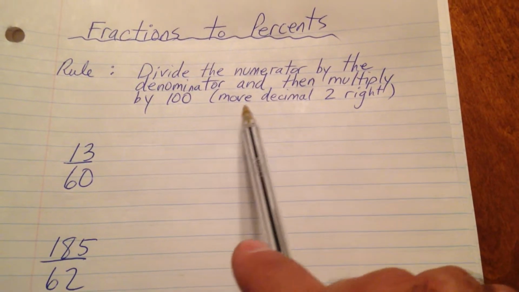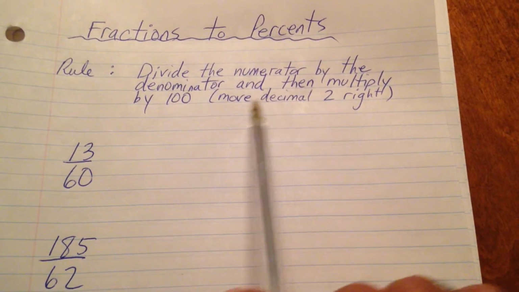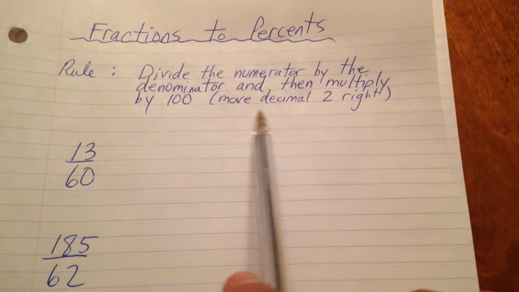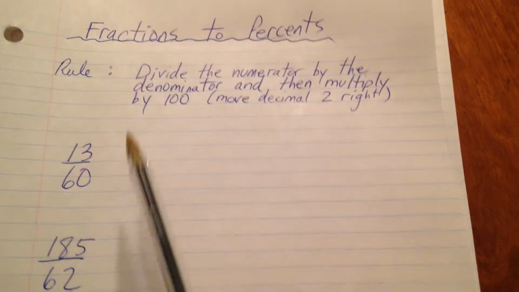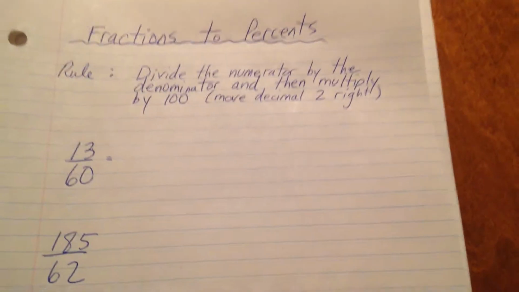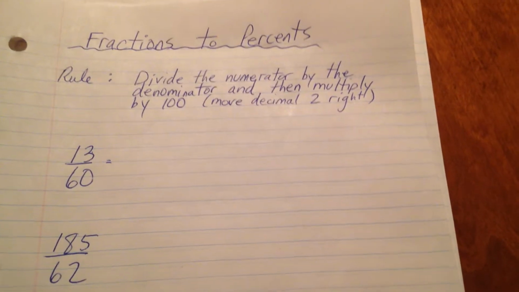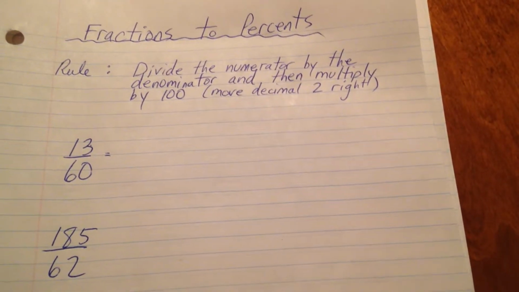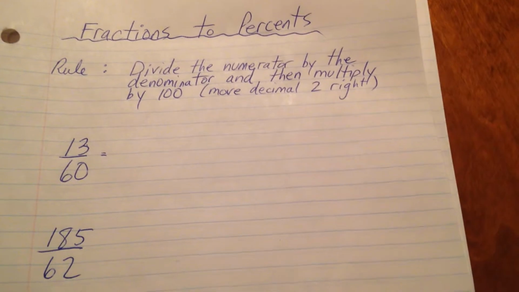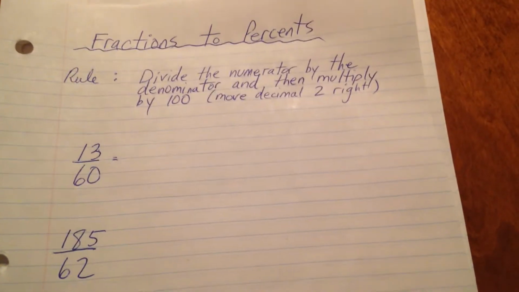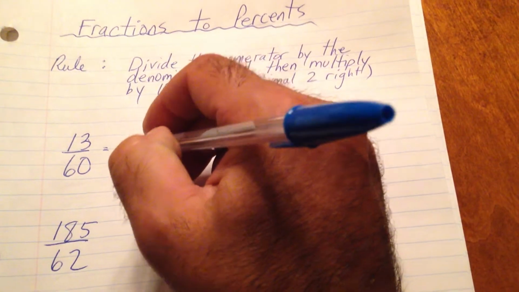And from the previous lesson, you know there's a shortcut. Instead of multiplying by 100 on a calculator, you just simply, with your eyes, move your decimal 2 to the right. So I will go 13 divide 60, and then move the decimal twice to the right, and this is what I will get. 13 divides 60, and then I multiply by 100, or move my decimal twice to the right, and I get